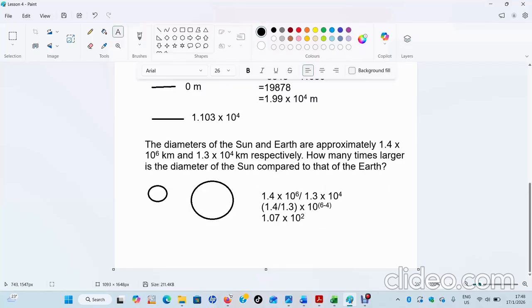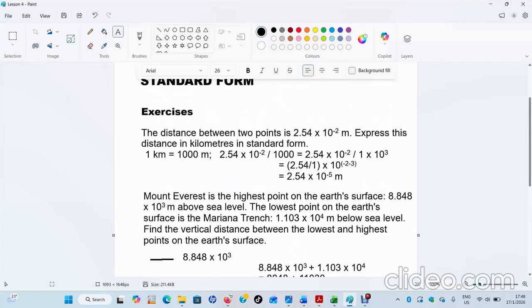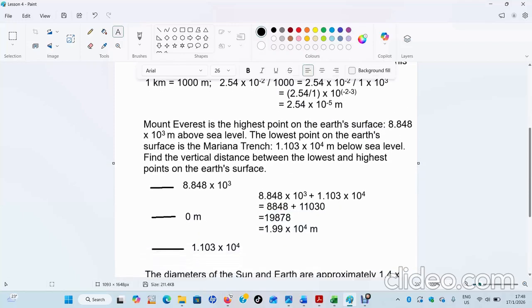Thank you very much. I think we are done with this part of standard form. We will move on to the other section, but we are still on general arithmetic. You can do more exercises from your textbook, whatever textbook that you use, so that you understand. The more you do, the